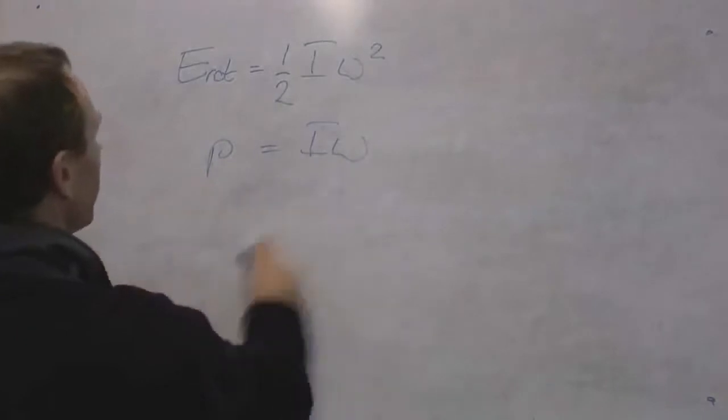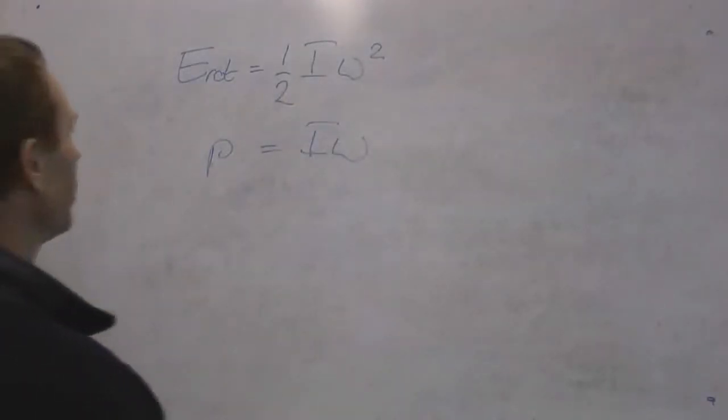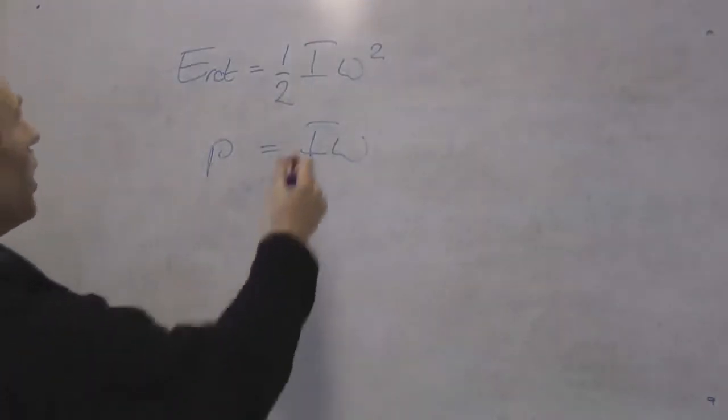If we have these two equations and we want to get rid of the omega,